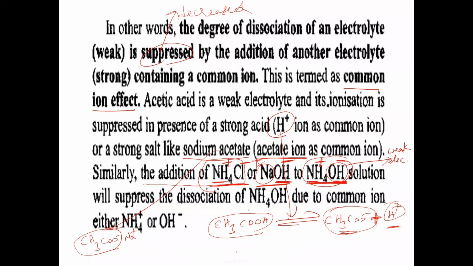Is the concept clear? So here NH4OH dissociates into NH4 plus cation and OH minus anion. When we add NH4 plus ions, common ions, what happens? The backward direction will take place. If you add OH minus also, the backward direction will take place. So here OH minus is the common ion, and there NH4 plus is the common ion. In this way, the common ion effect should be understood. Next, as a result of common ion effect,